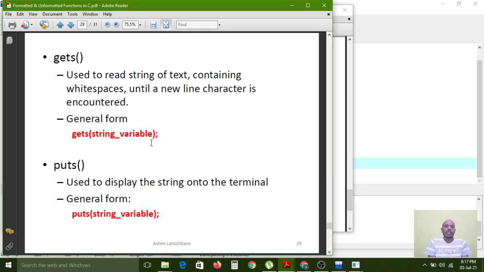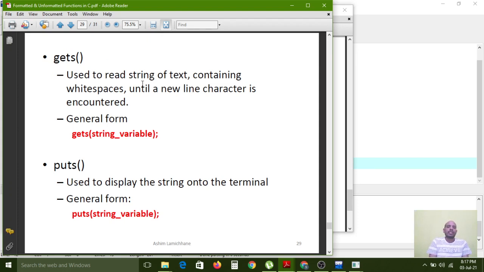It takes the input in the form of a string, a group of characters at a time. Nothing but a name. If you want to take a name as input from the keyboard, for that we have to use the gets function.